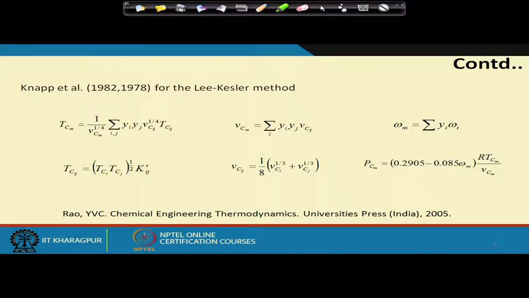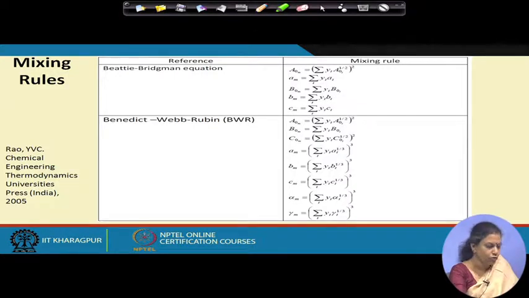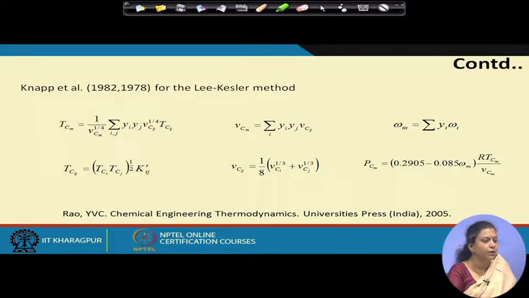So, these are some additional mixing rules, and in these particular mixing rules the critical constants should also be expressed. So, again for these mixing rules, some particular mixing rules for the critical constants TCM, VCM and PCM, all those things have been